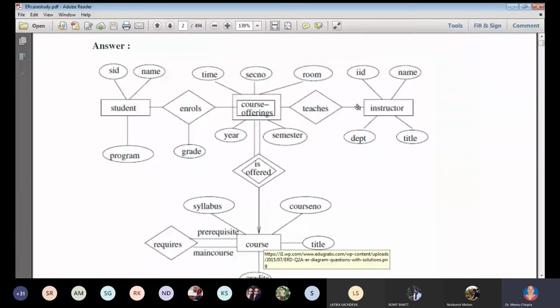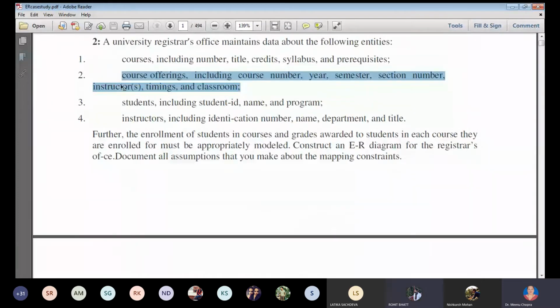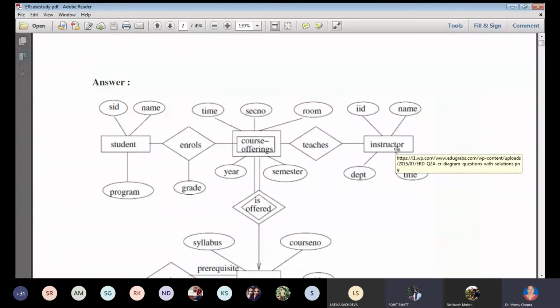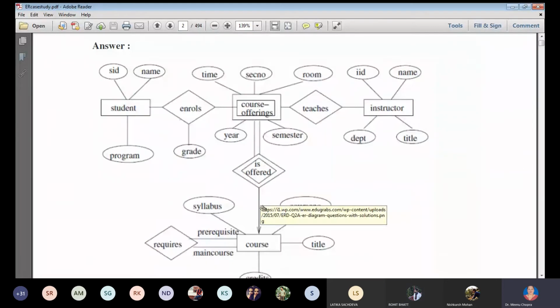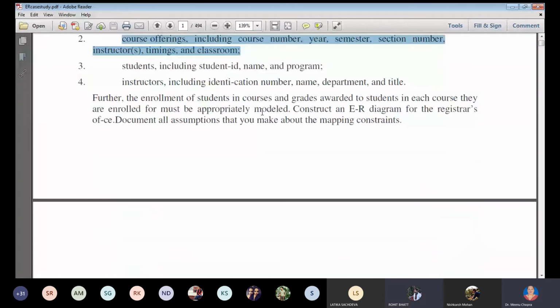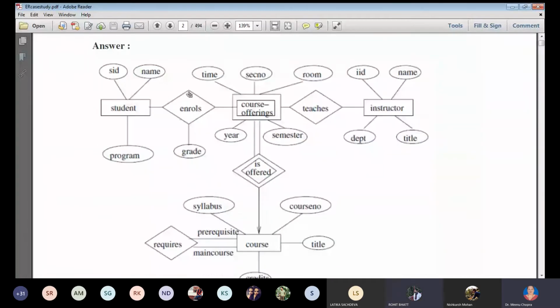So that is why it has another thing. Now the instructor: the course offering has an instructor mentioned here. So the course offering teaches, and the relationship is formed with the instructor. Now the course is offered by this, and the course is enrolled in through the course offering, because that is where the student is. See, in this everything is there: course number, year, section number, timing, classroom. If you directly make it, this will not be there, but it is mentioned in the database design that it should be included. And because it is dependent on the course, that is why it is referred to as a weak entity. Is that clear?